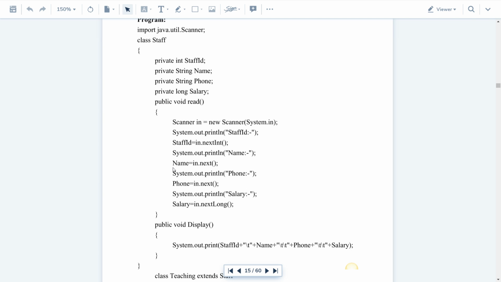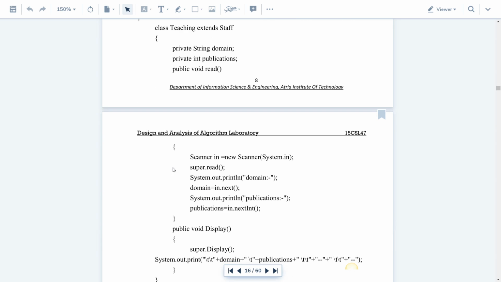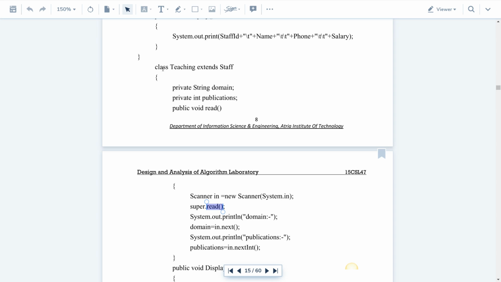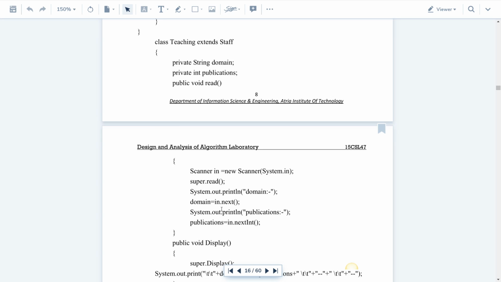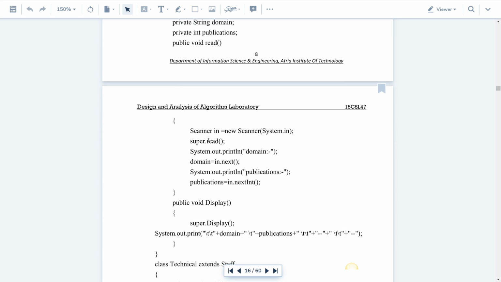So now you are making use of this super keyword to access the read method of the super class, which is the super class of teaching class. Teaching class is a subclass and staff is a super class. So the read method is a method of staff class, which is the super class for teaching class. That is why we make use of the super keyword, so that method gets executed.